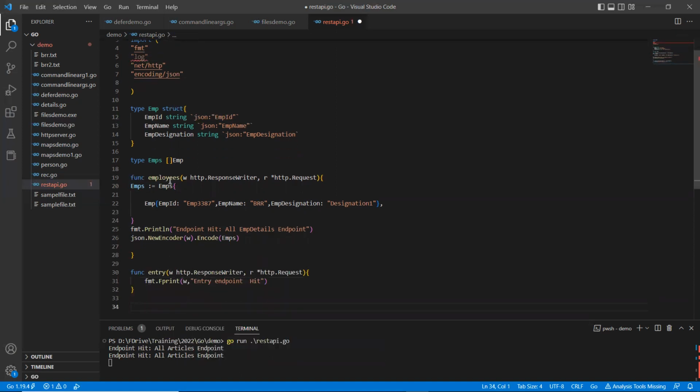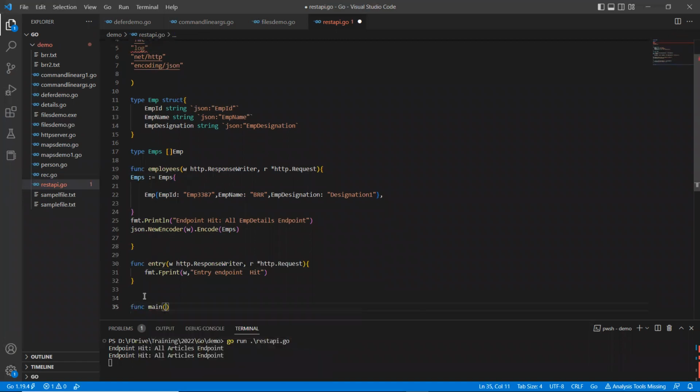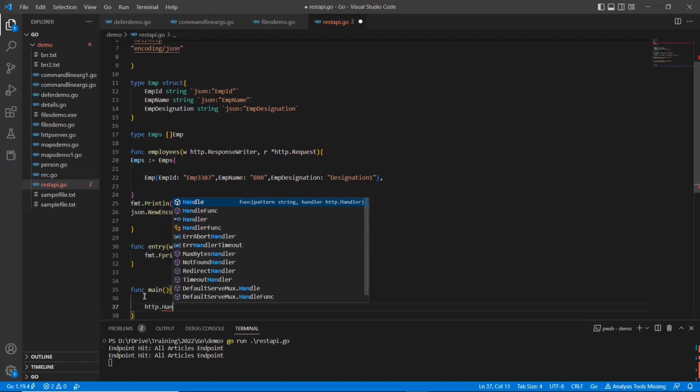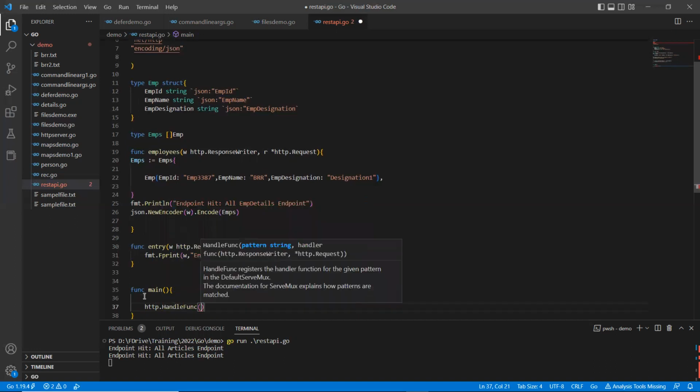Endpoint, entry endpoint and employee. So these two endpoints have been defined. Now I'll define main. So here, what I'm going to do is assign these endpoints to my HTTP handler. http.HandleFunc of,